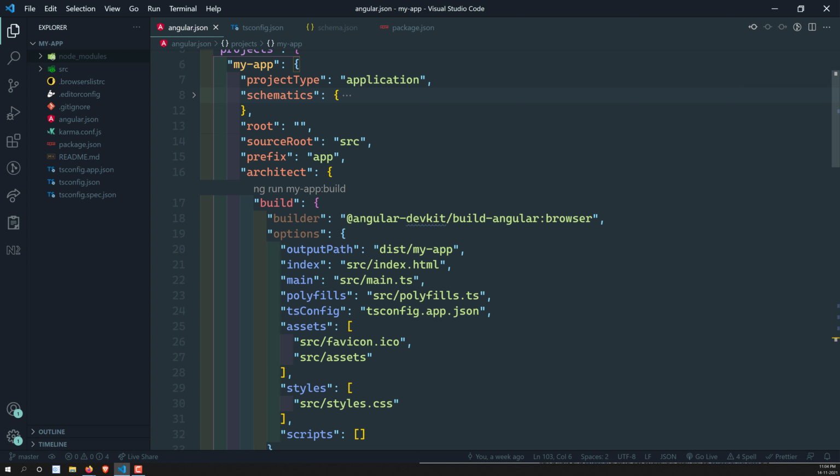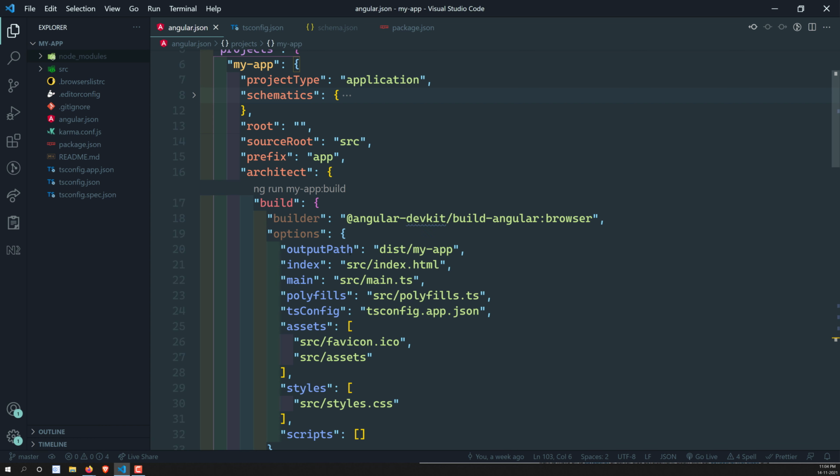So the entire configuration will be there in this Angular dev kit. For that reason we will be installing Angular core, Angular CLI and Angular dev kit. Angular dev kit will be used for building the Angular. In this one you will be having a build Angular. So this will provide how to build. And the options, you need to provide the options.